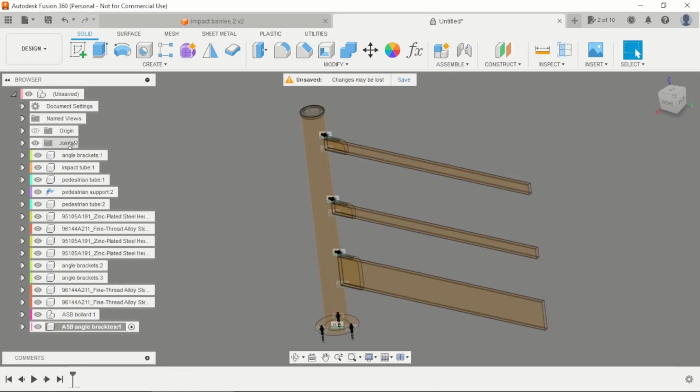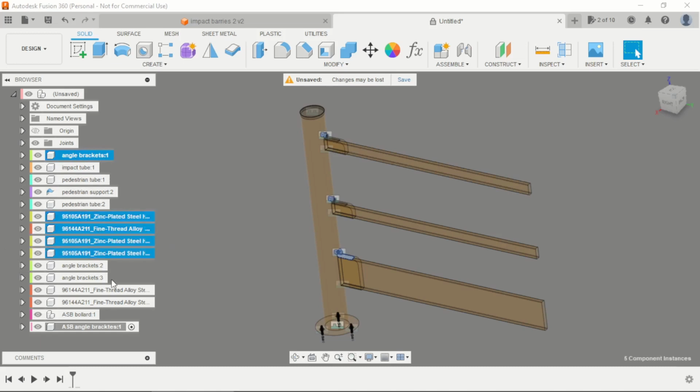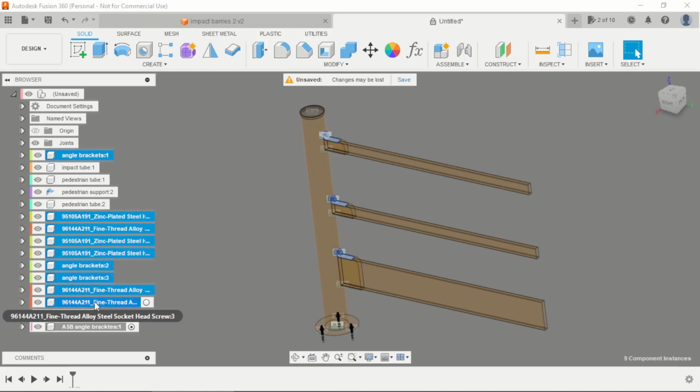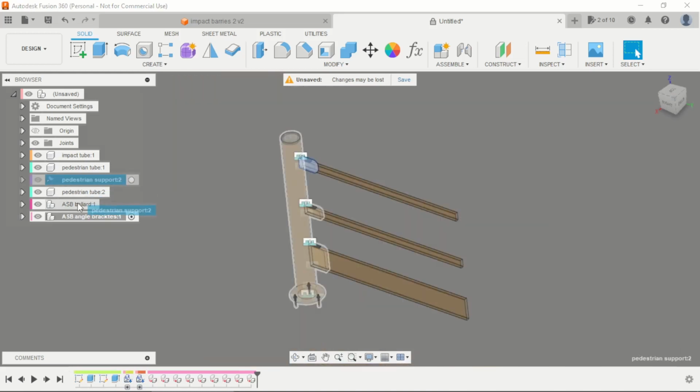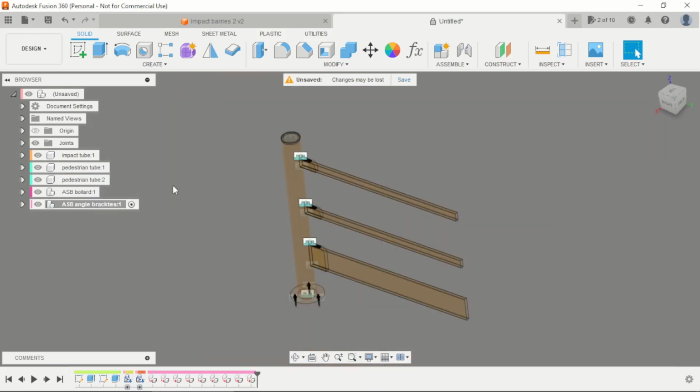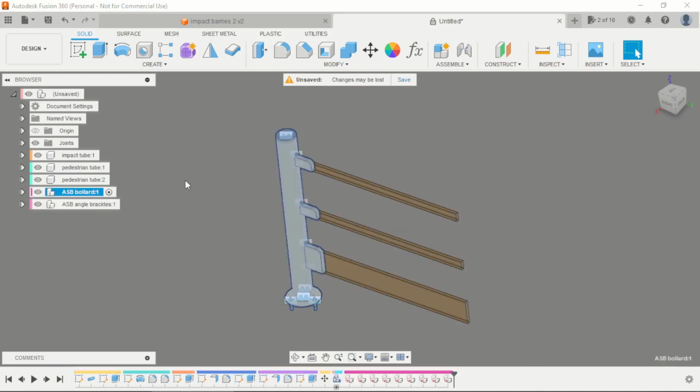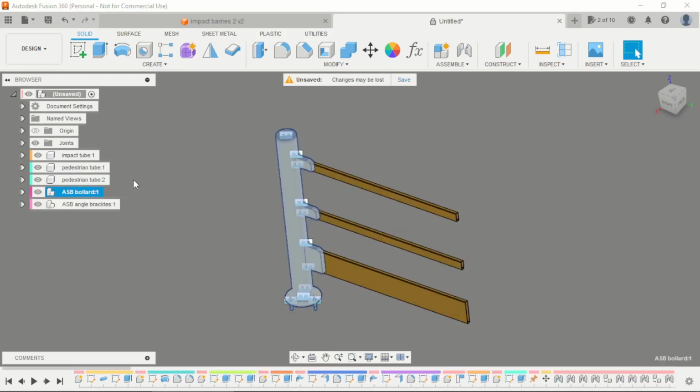In this component, we need to include the angle and the components here, here, and here. Move these components. And this component here, this pedestrian support needs to be in the. Now we have a project organized, and we can copy ASB bollard, Ctrl+C, Ctrl+V,